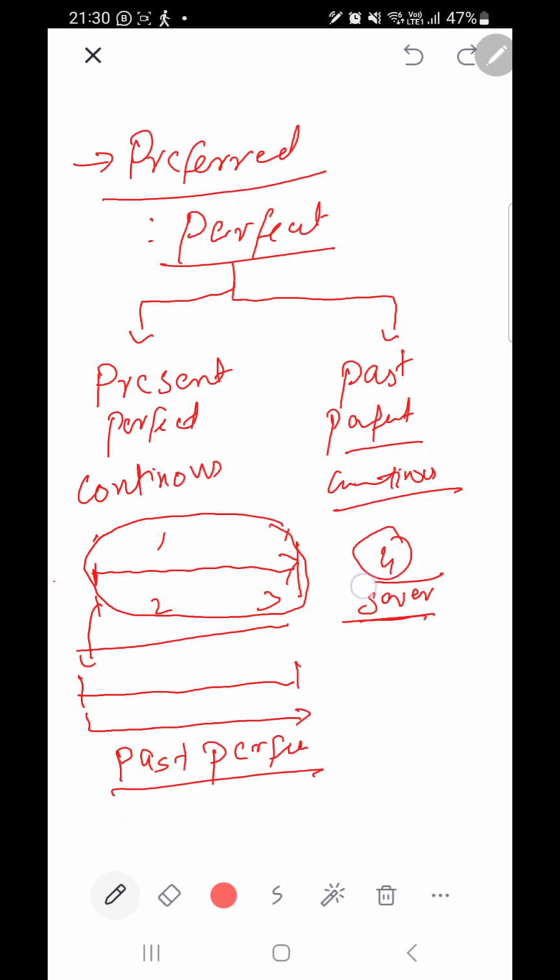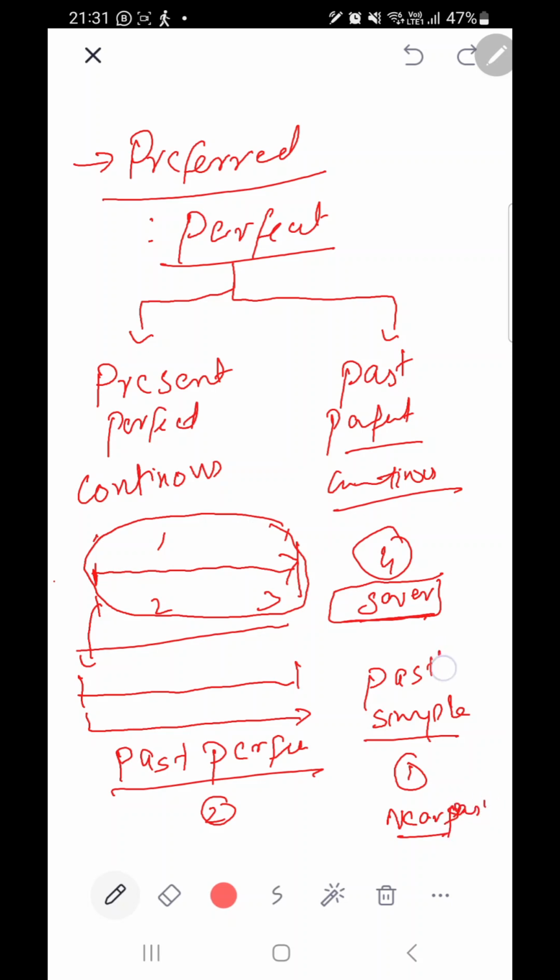And this event of severity might be done in past simple tense. So what we learn passively when we have to differentiate two events in the past: the event in the near past should be in the past simple, and the event in the far past should be with the past perfect. That is a passive learning that we discussed in view of tenses, specifically when we discuss the summary skill,